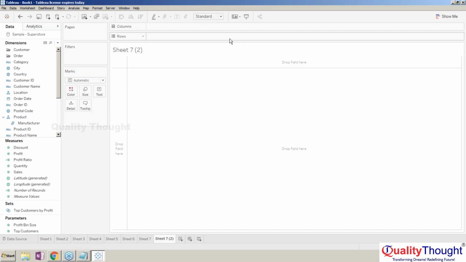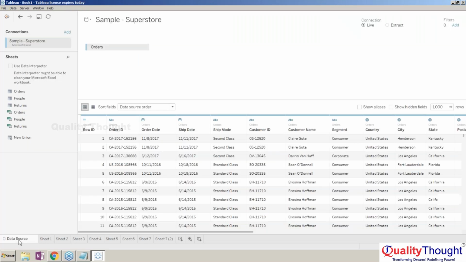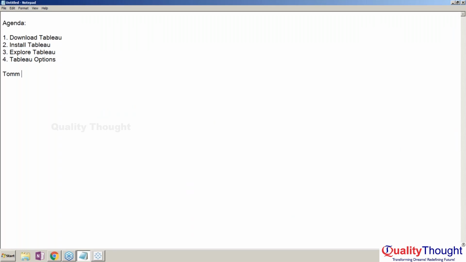Okay, whatever is required in order to kickstart our sessions in the practical mode, doing something with the data that we are trying to access. So in tomorrow's session, we understood the different Tableau options right now, and tomorrow's agenda is